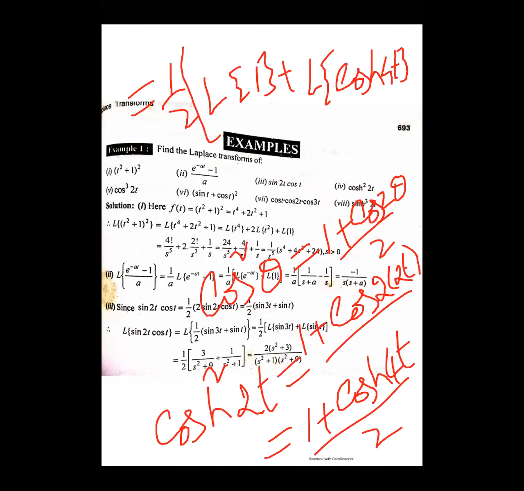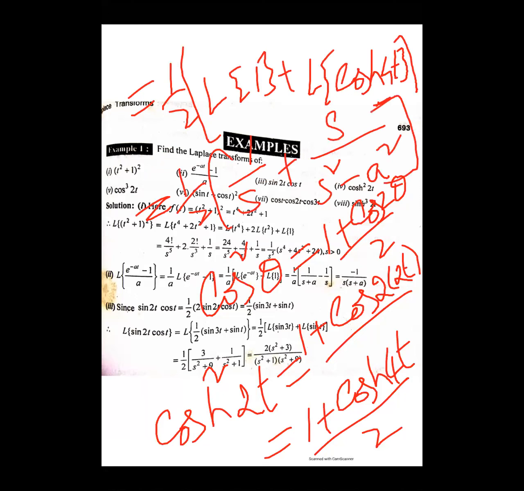Apply the results of the Laplace transform. So the first result, L of 1 equals 1 by s, and the second trigonometric function result is L of cosh at. Hyperbolic means the combination of the denominator is s square minus a square. In the numerator is s, because the first letter of cos is c, so we write the opposite. So 1 by 2 into (1 by s plus s by s square minus a square) is the required answer. Then go to the next problem.